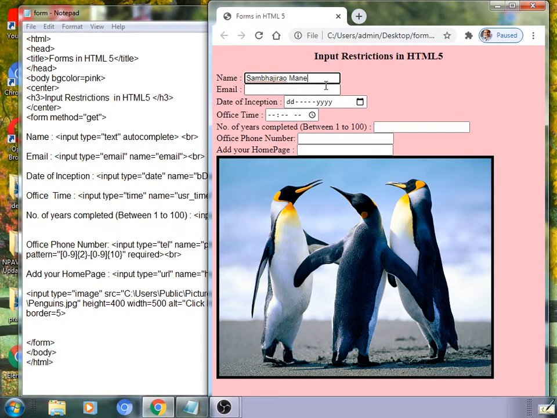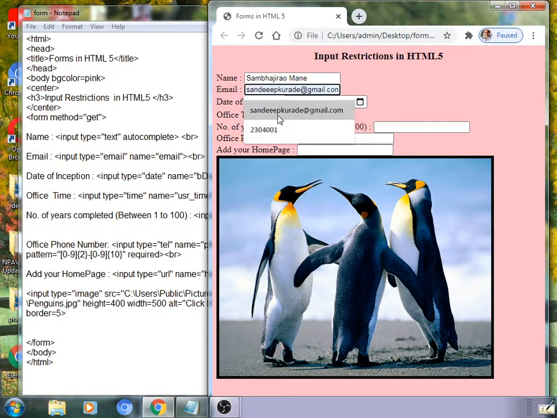College name is given as a name. Email ID: if you have entered something as mail IDs as values for such a mailbox, those previous values will be displayed. See here, value number 1, value number 2, you can choose here, and it is a part of autocomplete, since we might have chosen some value like this.